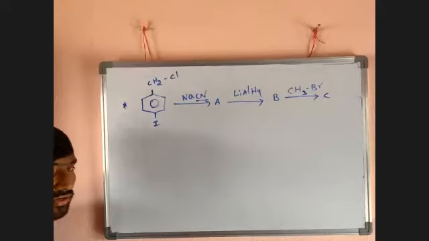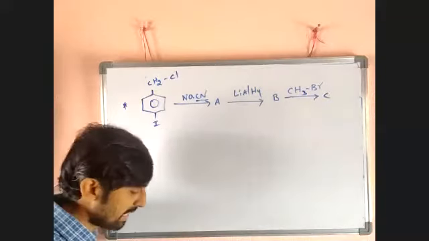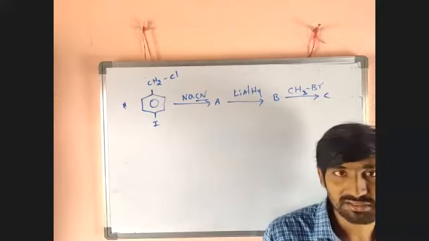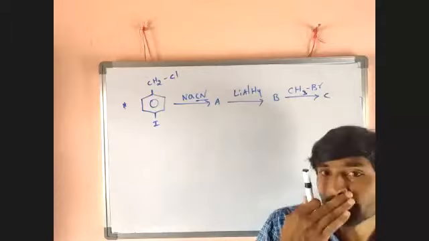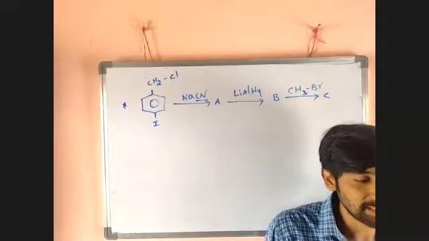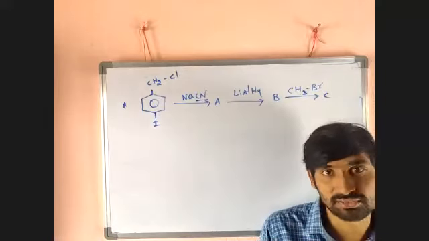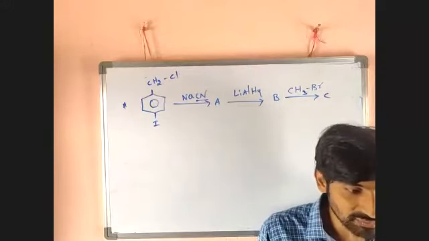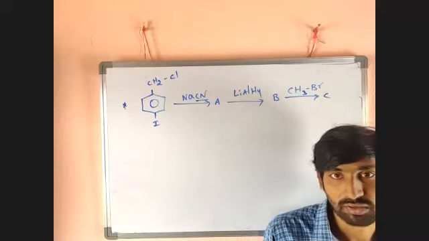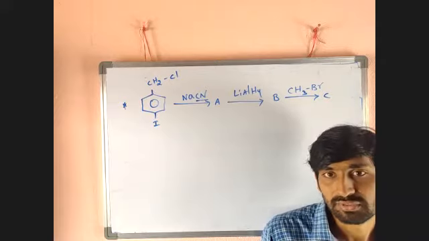We know that alkyl halides are involved in nucleophilic substitution reactions. I said that aryl halides are not ready to be involved in nucleophilic substitution reactions. I told you certain reasons also. Due to resonance, positive charge and negative charge are created on the benzene ring. That's why those cannot easily be replaced by a nucleophile. Very important point. Next, what is the reactivity order? RI is greater than RBr, greater than RCl, greater than RF. That one is the reactivity order.